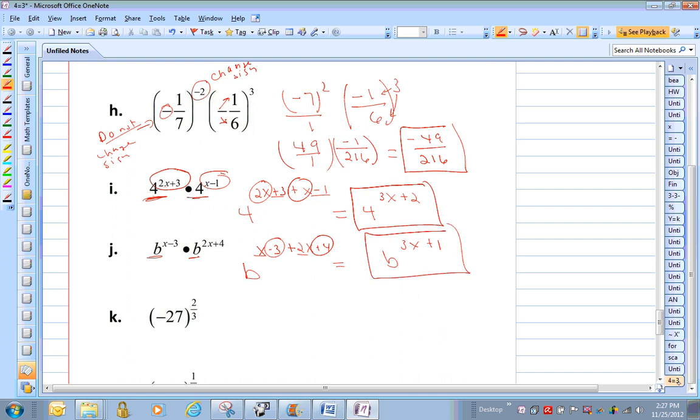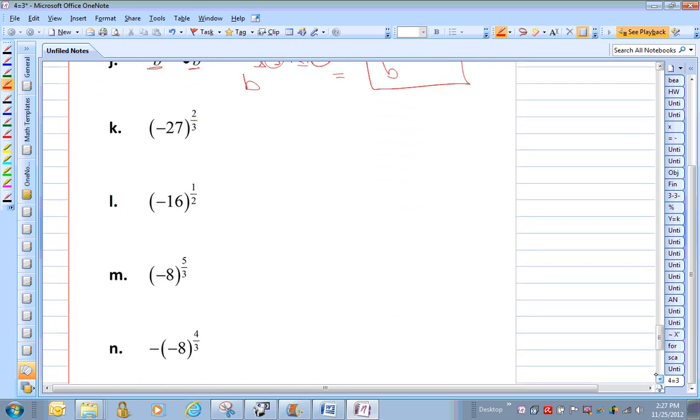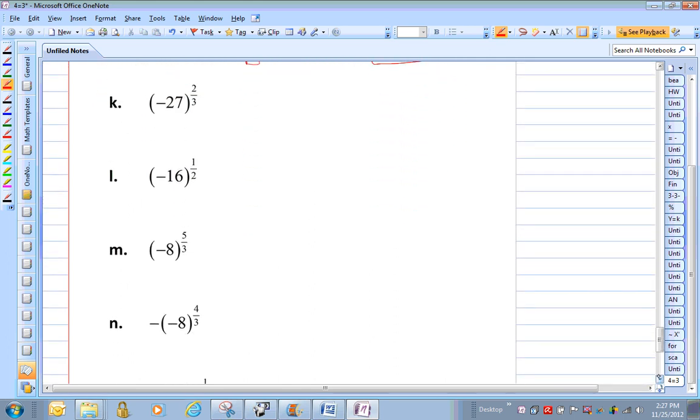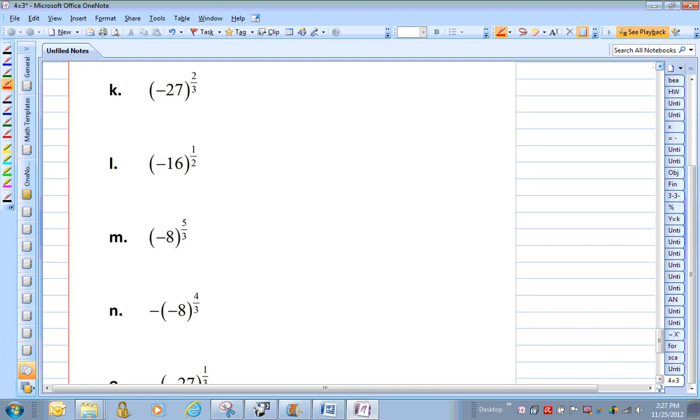All right, let's get on to the last few problems that we have here. We're getting toward the end. All right, let's take a look at all of these. This is kind of important. We're changing forms a little bit from exponential to radical form just to see everything. Please remember when we do this, if it's raised to a fraction, the bottom of the fraction